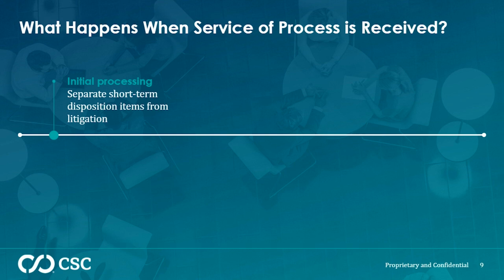Depending on the document, it may be something almost transactional, like a subpoena or a garnishment, or it may be the beginning of what will become ongoing litigation. In most organizations, those are different jobs and very different groups of people that handle each. The transactional items will likely fall into an already defined and repeatable process in most organizations. But everything else will need to go through some of these other steps,